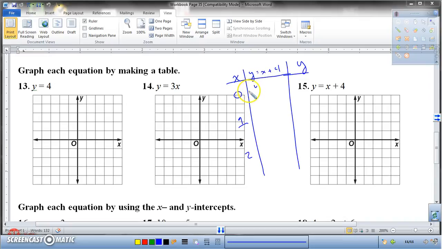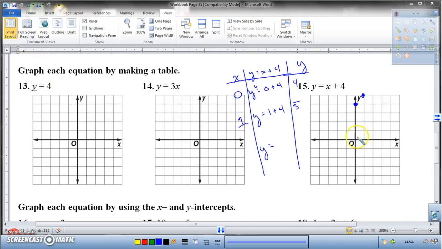When x is 0, y is 4. So I'm going to plot the point 0, 1, 2, 3, 4. When x is 1, y is 5. So we go 1, 1, 2, 3, 4, 5. And again, when I plug in 2 for x, I'm going to get a value for y that does not fit on my graph. So I'm going to come back,